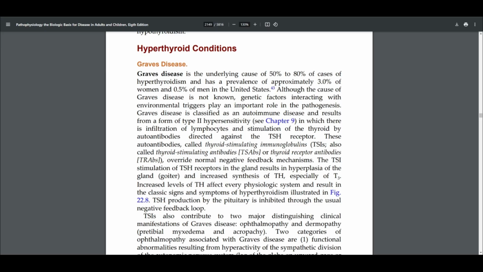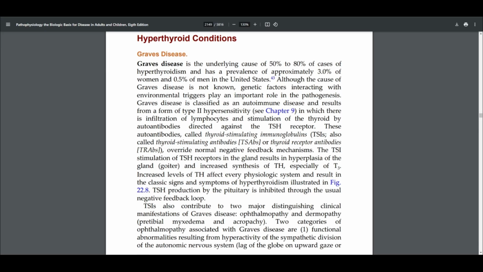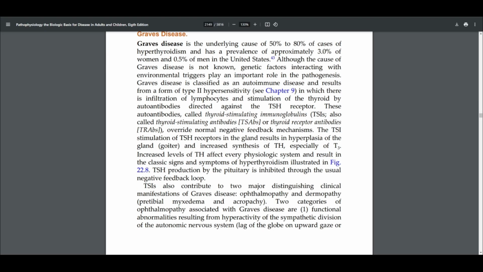So, we have our hyperthyroid conditions. It mentioned Graves' disease. Graves' disease is the underlying cause of about 50 to 80% of cases of hyperthyroidism and has a prevalence of about 3% in women and 0.5% in men in the US. Although the cause of Graves' disease is not known, genetic factors interacting with environmental triggers play an important role in